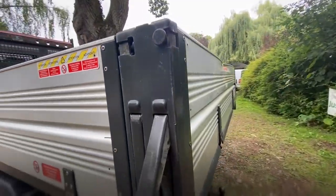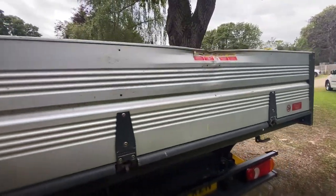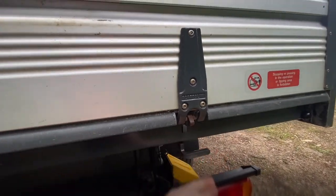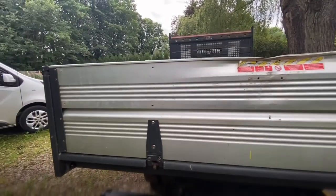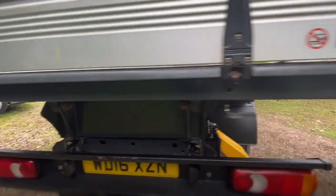Obviously all the gates, all the doors open as you would expect, so you can have it tipping either way. So you can tip it up by using the bar, we can have it coming down. Depends what you're going to do it for, obviously. Right, so